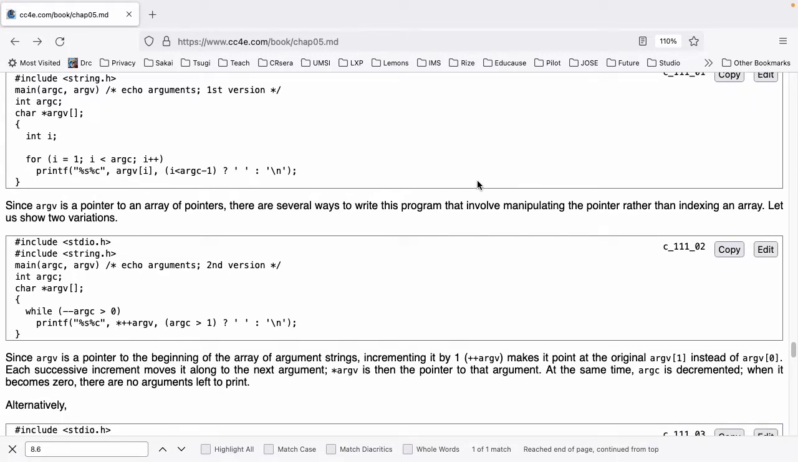#include <stdio.h> #include <string.h> main(argc, argv) int argc; char *argv[]; { while (--argc > 0) printf("%s%c", *++argv, (argc > 1) ? ' ' : '\n'); }